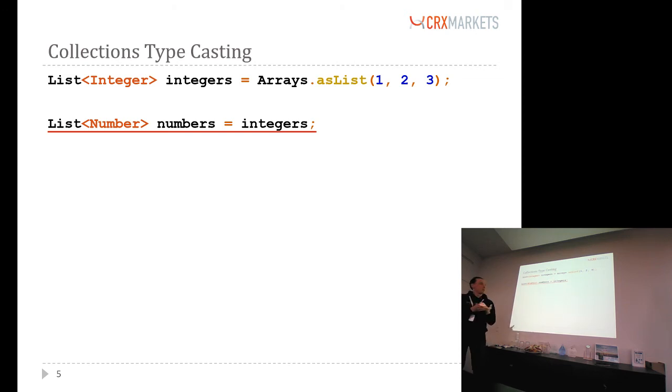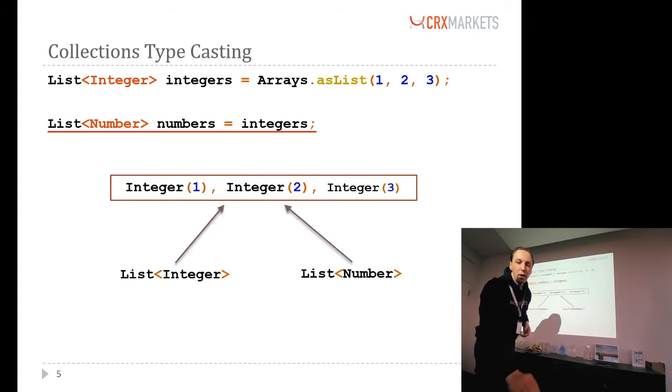Although it seems strange when you first encounter it, why can I cast it? Well, an array of integers is a list of integers, and a list of integers is a list of numbers. So why can I cast it? It's pretty easy to see why, because suppose you have this array of integers and two different references to it, a list of integers and a list of numbers,